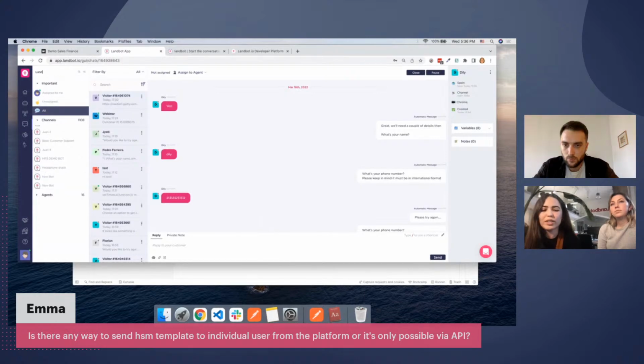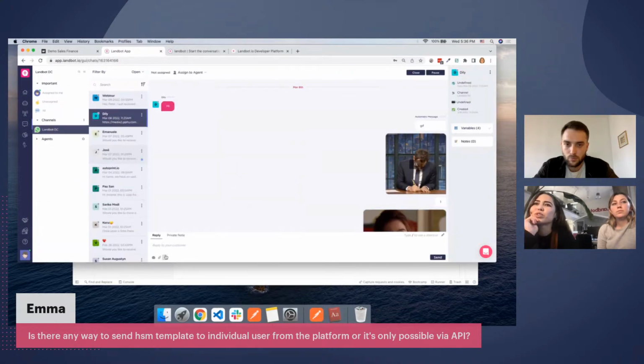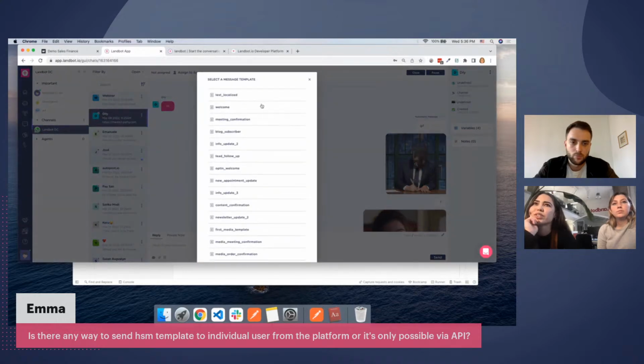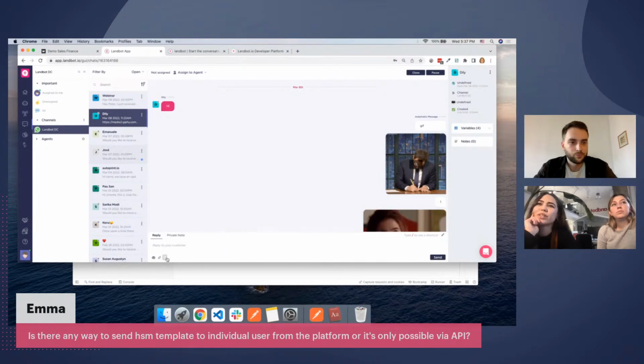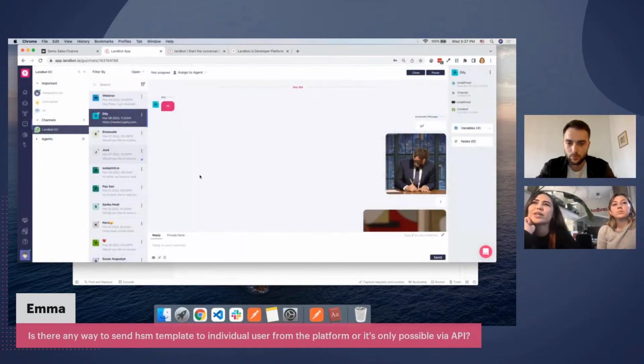Because it is only available in the WhatsApp chat, okay? You will not be able to use this option elsewhere. So here it is. You can select the message template from here. This is the third button, which looks like a file. So this is how you can send it from the chat section to an individual user in basically the same way.